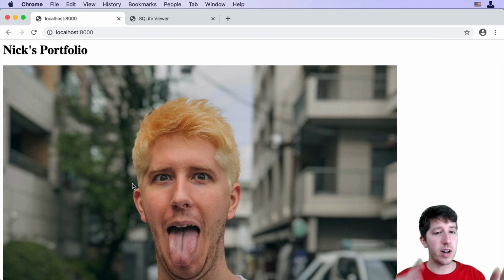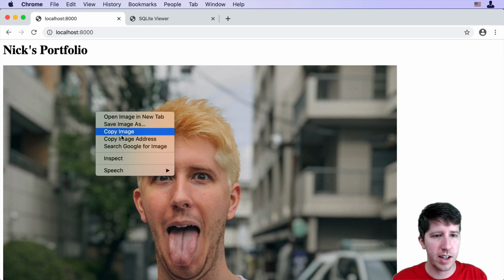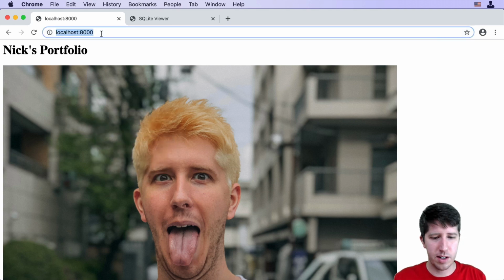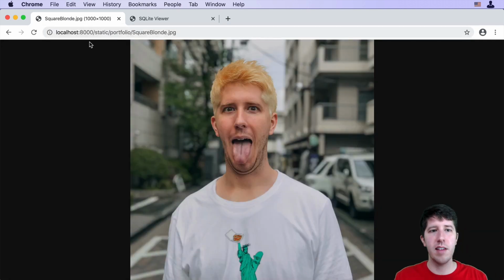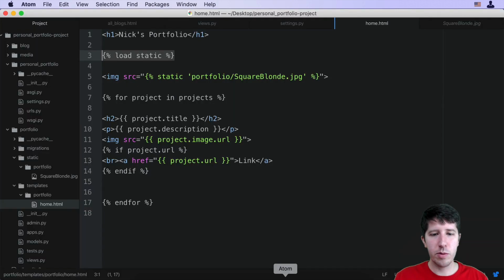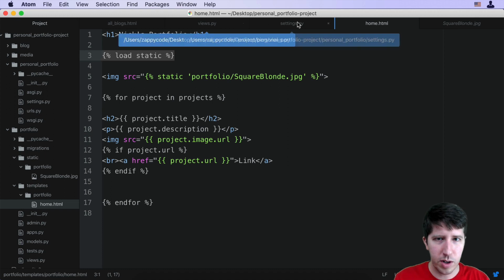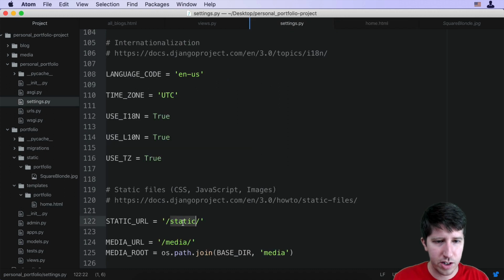That's my image there. And if you want to see where the image is, you can right click and say copy image address. And if I paste this in, you can see it's /static/portfolio square blonde. Just like we had with the media URL, I could go down here in the settings and change this to